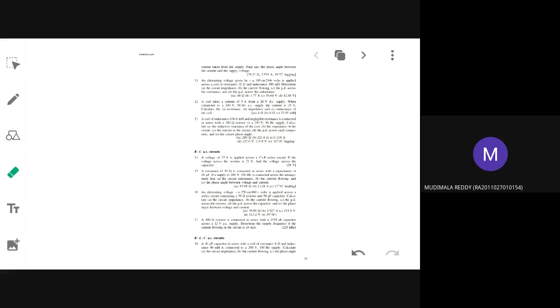So you all understood how to solve problems on single phase AC circuit, when it is purely resistive, purely inductive, purely capacitive, then series RL, series RC, series RLC. So the formulas you have to remember. Usually they will ask VR, VL, VC, the phase angle. Same things plus they will also ask you to draw the phasor diagram. So you should understand the phasor diagram representation and then it will be easy for you to attend. With this topic I will close off. Next class I will start a fresh topic.